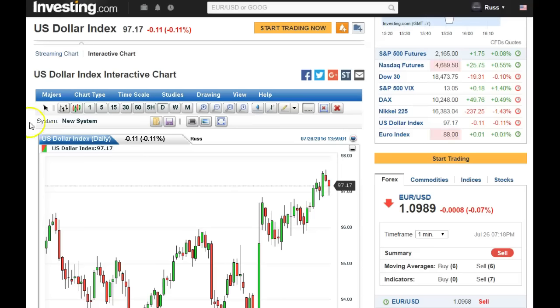I'm going to start off with the dollar. So we came down a little bit, we had a little run in the precious metals, and then it bounced. And we got a stall in the precious metals after that. So we'll see what happens, but you